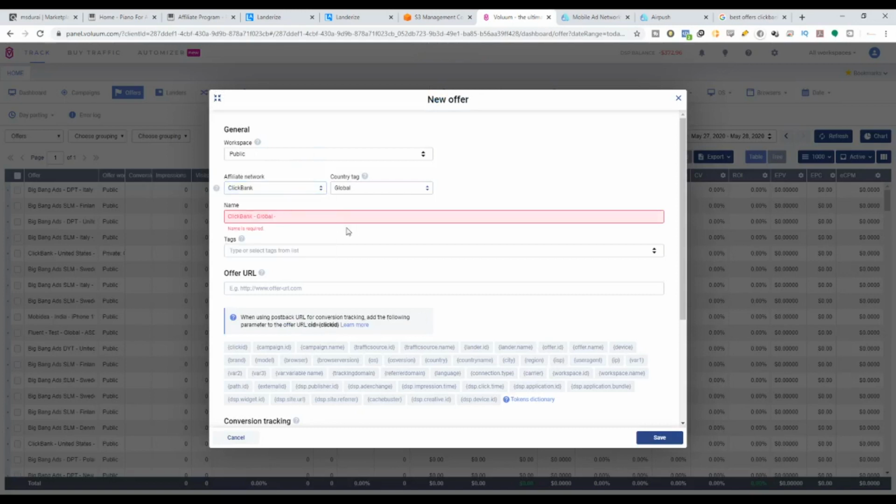Okay, country: if you're targeting a specific country, then you put that country here, but we're not targeting any specific country, so name it piano for all, push, Praveen, tags. Offer URL is the one where we're going to take our affiliate URL that we took from